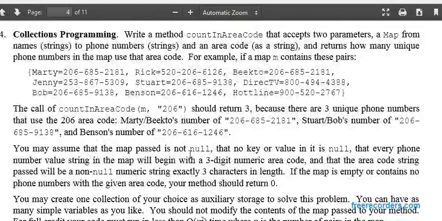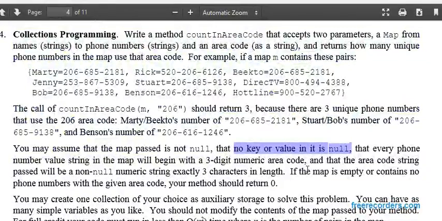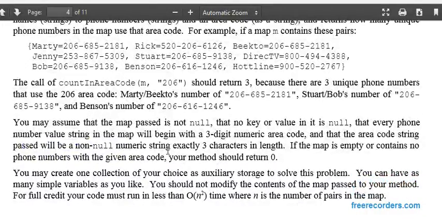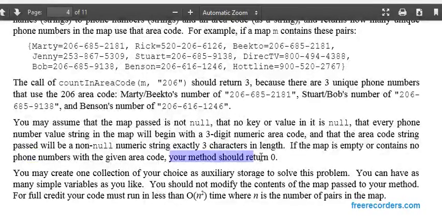We can assume that the map is not going to be null, and there are going to be no values or keys that are equivalent to null. We're going to assume that the string is also going to be non-null, and that the numeric string will be exactly 3 characters in length. If it just so happens that the map is empty, meaning that we don't have any people in our phone book here, then we're just going to return 0 because we're sad and nobody signed their names or phone numbers